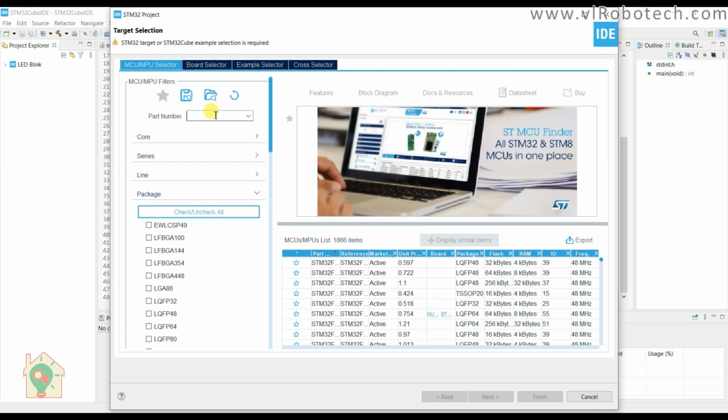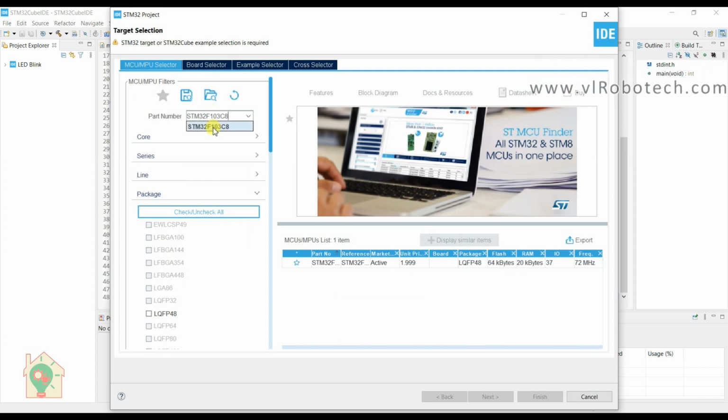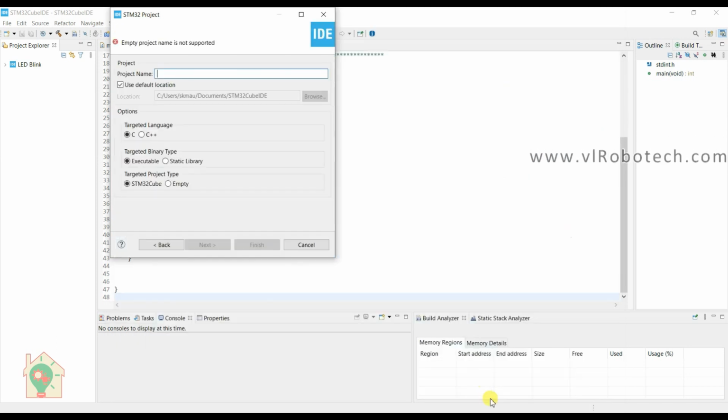I will search here for the part number STM32F103C8. Okay, next, project name: button, and select empty and finish.